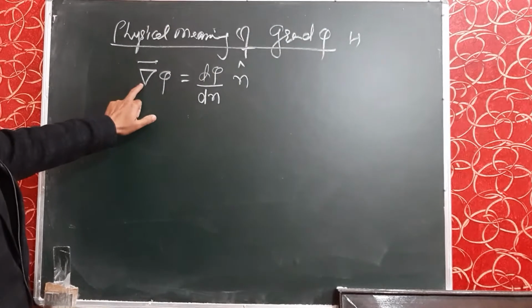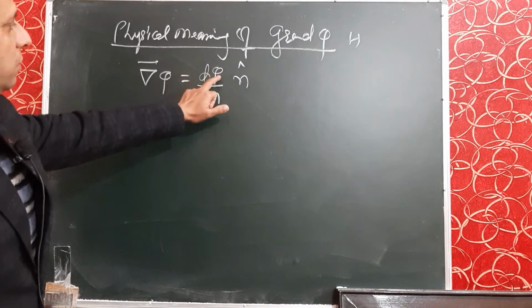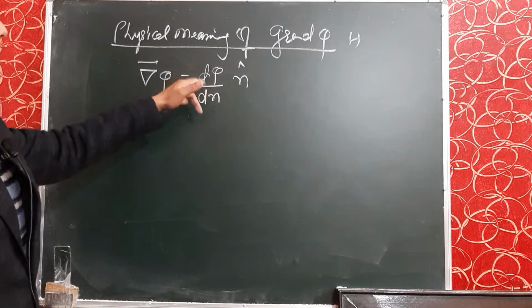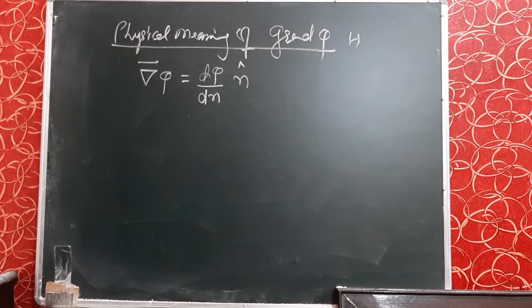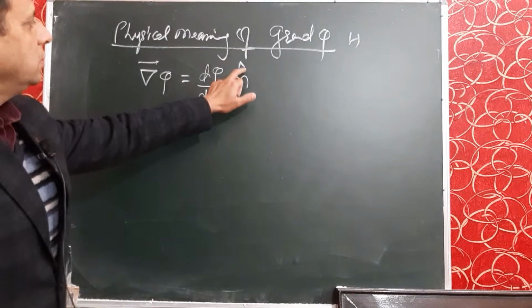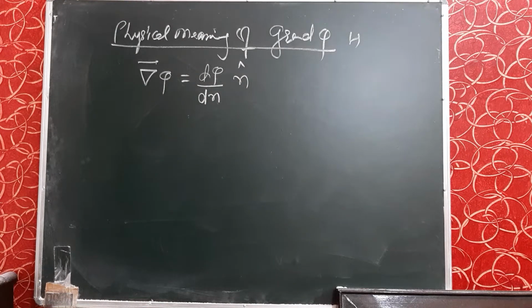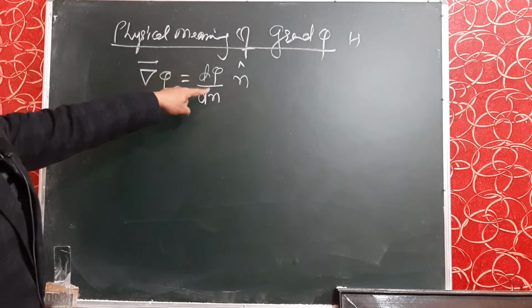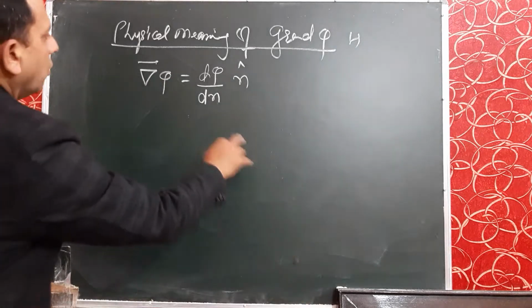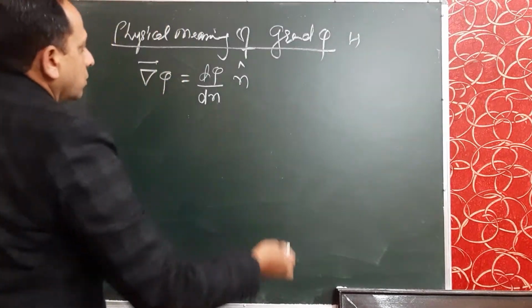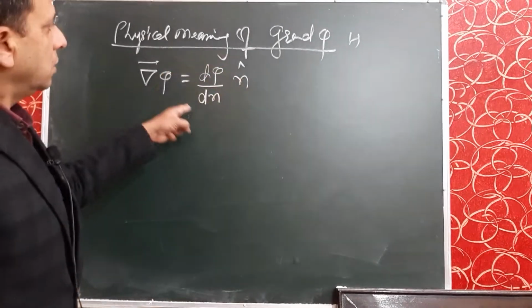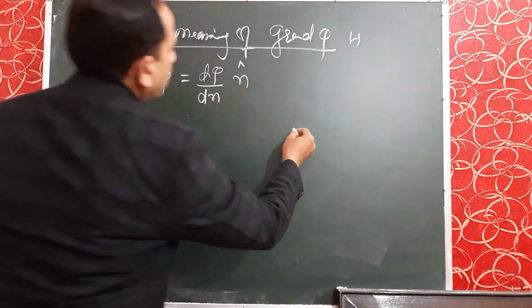So we know that del phi means derivative. It is the derivative of phi with respect to n, where n is the change in path in which the maximum rate occurs, and n cap is a normal, or a vector or direction, directed in such a way that the rate should be maximum. If we draw the physical diagram of this equation, then we will get